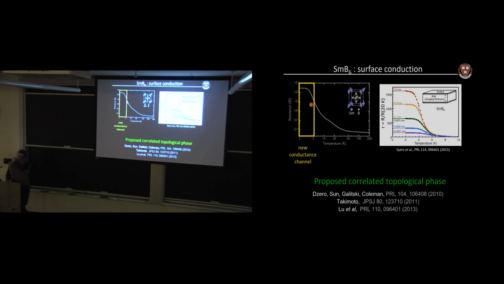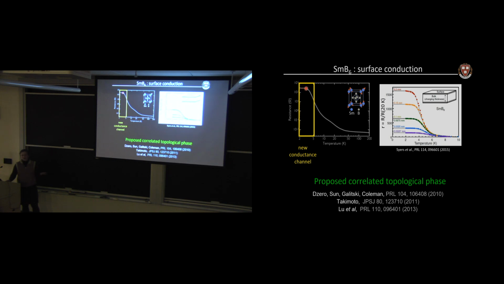So now if we turn to this plateau at low temperature, what was predicted in 2010 by Piers Coleman and collaborators was that this plateau is actually a surface state, a topological surface state. And so what happens is as the resistance rises and rises and rises, at some point this topological surface state begins to short out the bulk resistivity. And it's been shown experimentally very clearly by physically taking a sample and thinning it down and thinning it down and thinning it down and looking at the ratio of this plateau to the rest of the resistivity, that this plateau actually is a surface state.